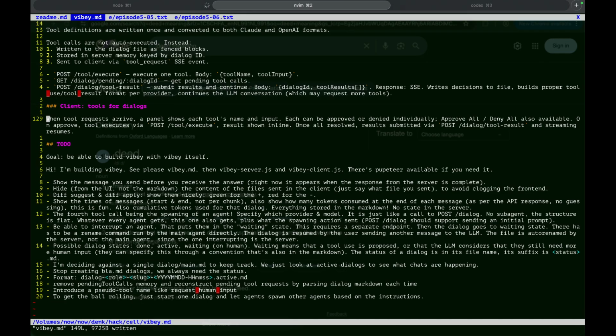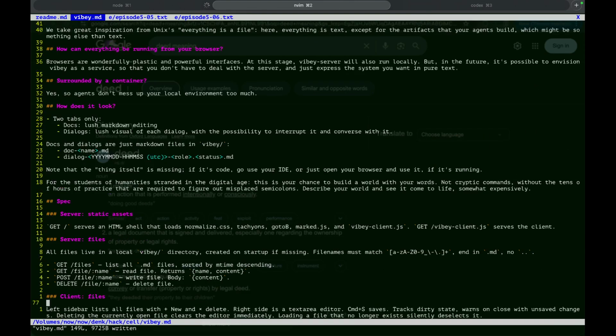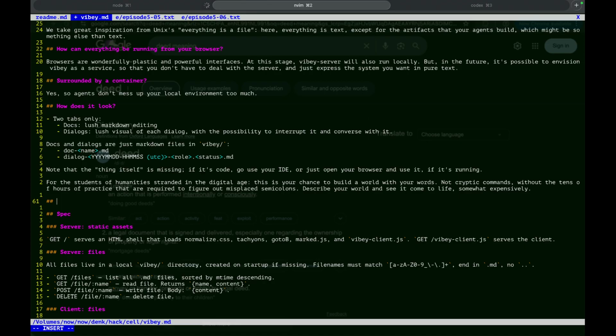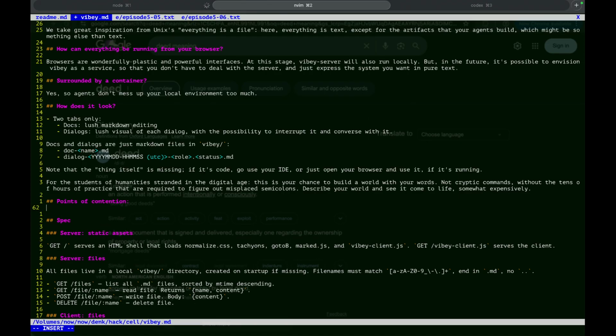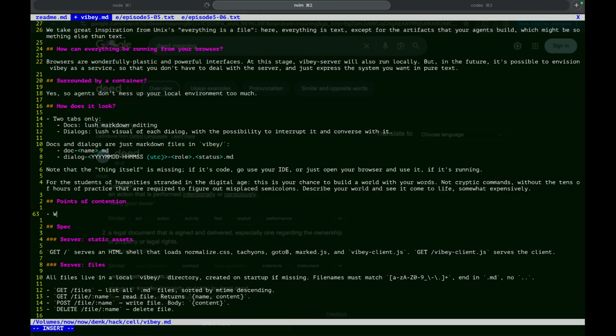So we can do something like this. Points of contention. What about versioning? Should VIBEY provide it?